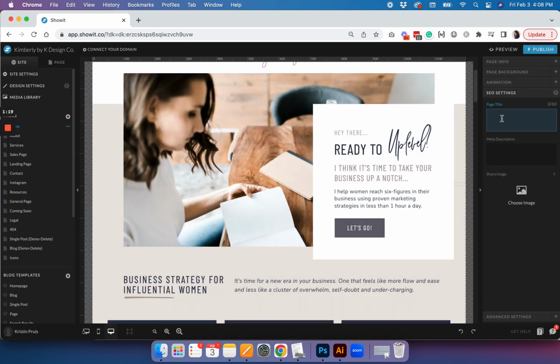So you're going to add a page title in this SEO settings box. So this title should be something that is obviously related to your page, but ideally would also have some type of keyword inside of it. So you have up to 60 characters that you can utilize for this space. And a lot of times people will do something to the effect of maybe for this type of website, it would be